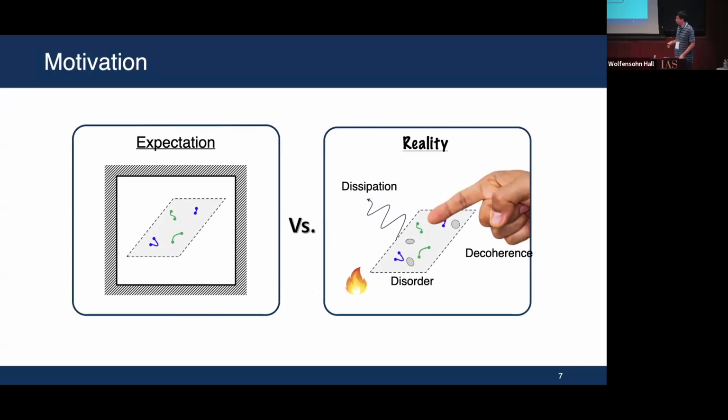This is sort of the spherical chicken in a vacuum, but in reality you have all kinds of disturbances from interactions with the external environment, with the rest of the universe, right? You can have dissipation, you can have finite temperature, disorder, or just some kind of decoherence that takes place in the system. So we have to face reality and think about what happens in an open quantum system.